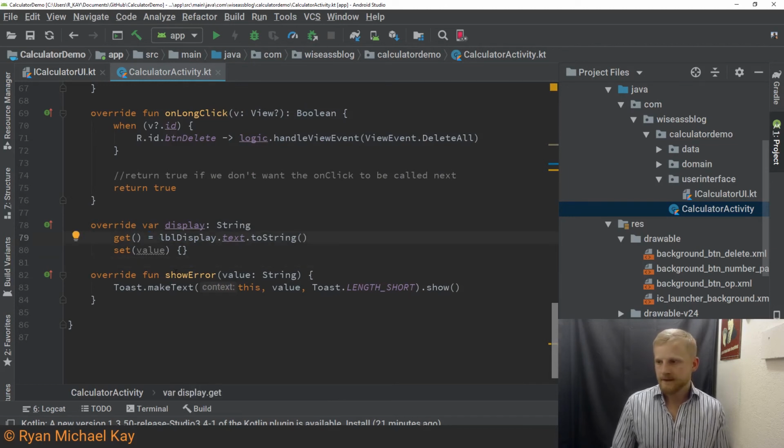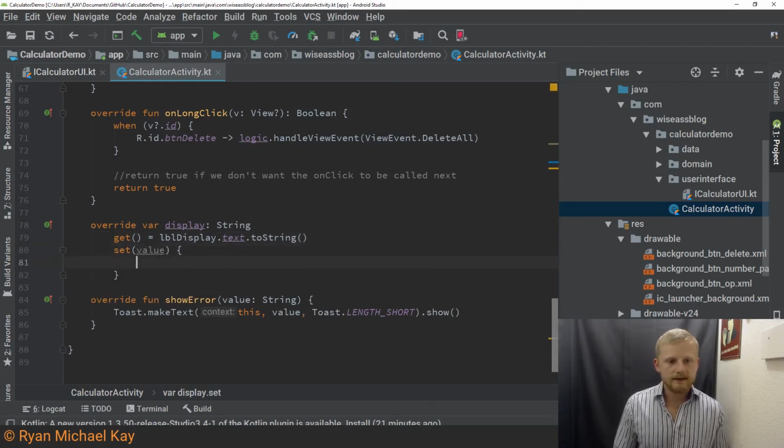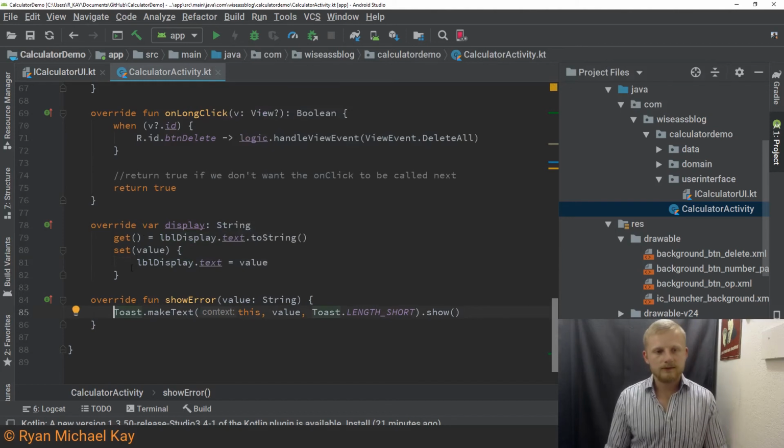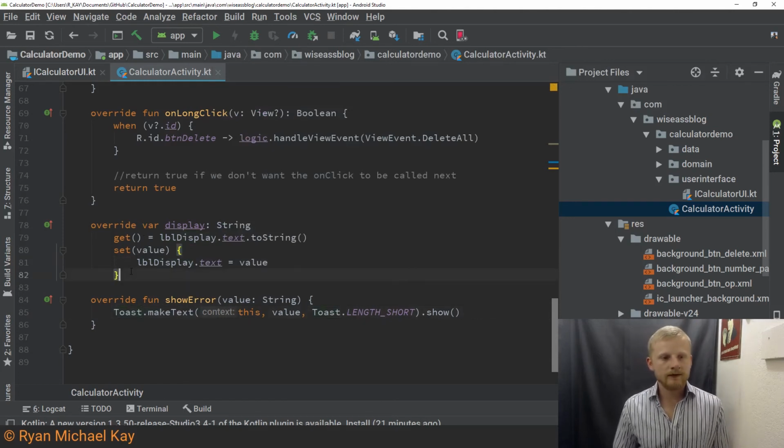And then we have this other one here, set value. So what we're going to do is within the generated block brackets here, we're going to type lbl display.text equals value. So again, this is going to function really just like a getter and setter if you're from other languages. It's just a little bit more concise, and I just wanted to show you how to use something like Kotlin